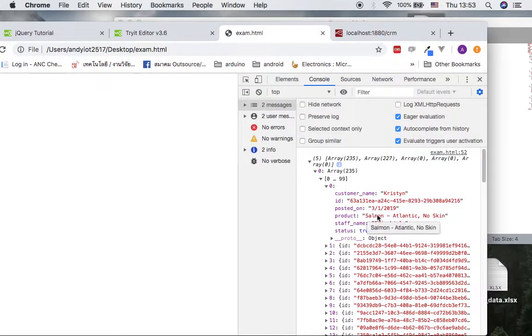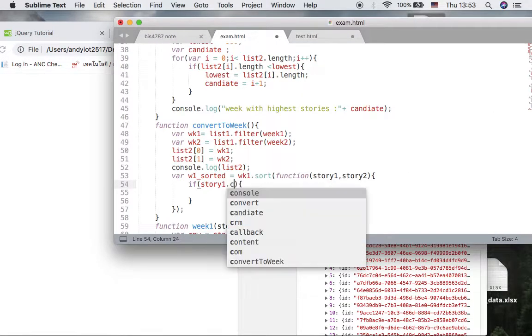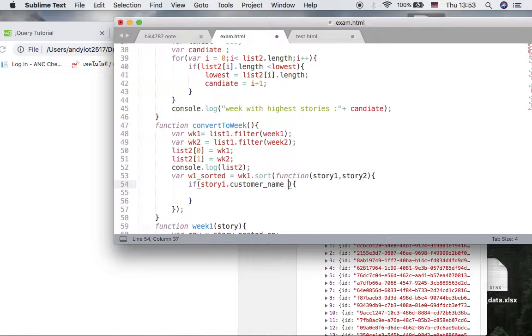what else do we have? The date, for example. Sorting based on the dates might be a little bit difficult for you, so sort it based on maybe the customer names, by customer name. So we say if story 1 dot customer name is less than story 2 dot customer name, then we return 1,